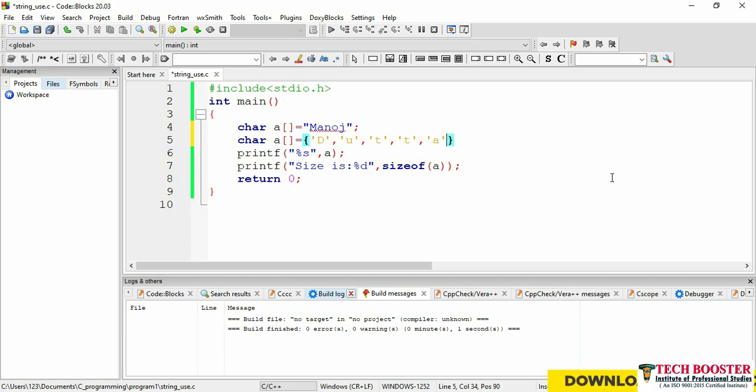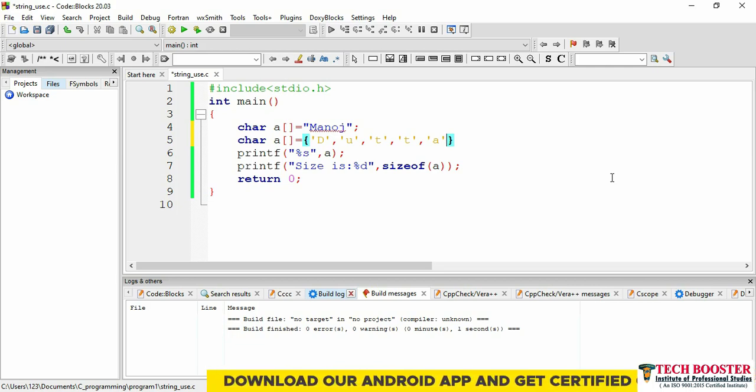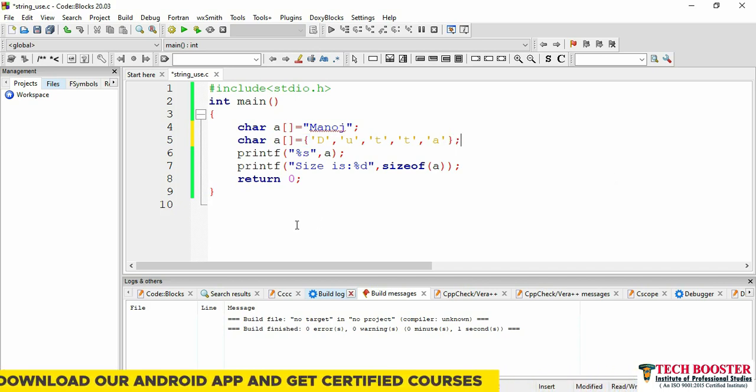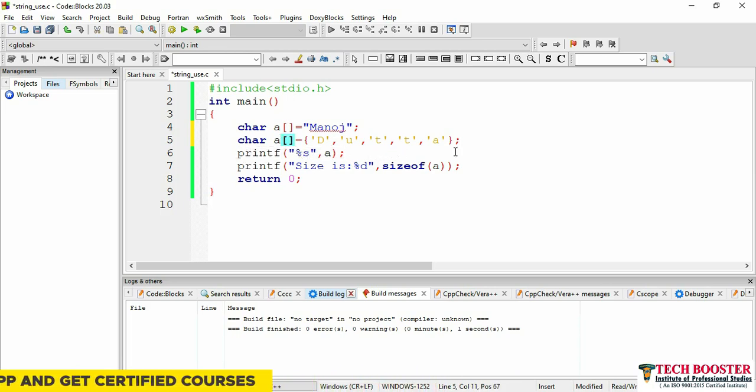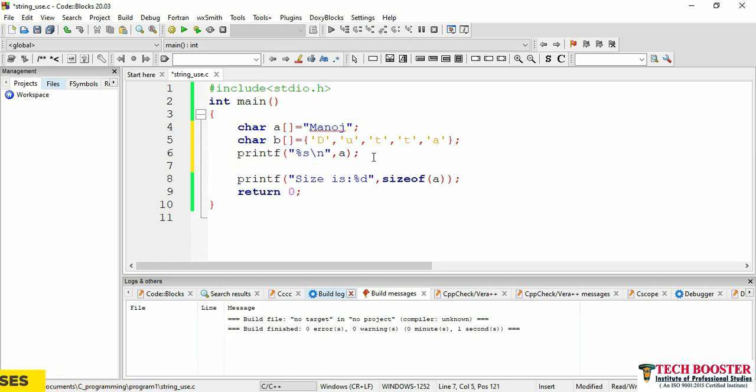Here what I need to do, at the end of this particular A, I need to use \0, which will define the termination of this particular string. But if I don't use this \0, what will be my output? In this case, if I want to print, let me name it as B. If I want to print B, I need a \n for a new line, and this is my B, again \n. So in my first case my output will be Manoj, and in my second case my output should be Datta. Now once you run this one,